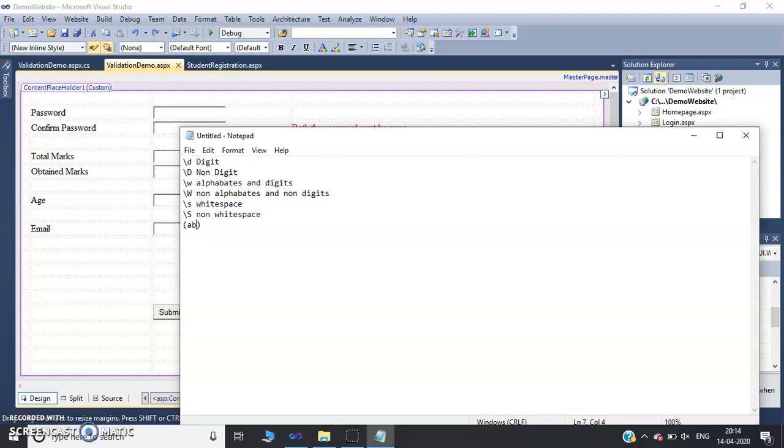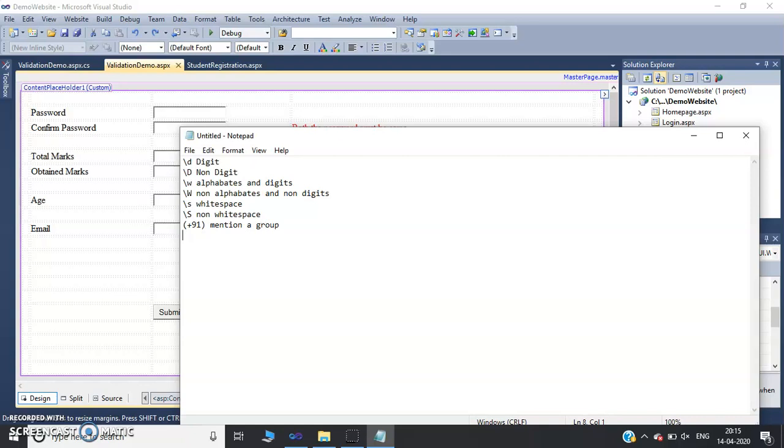Such a formula is basically used for mobile numbers, that is plus 91. So plus symbol, 9 and 1. The group of these three characters will be treated as a single character. So to derive a group or to mention a group, use round brackets.